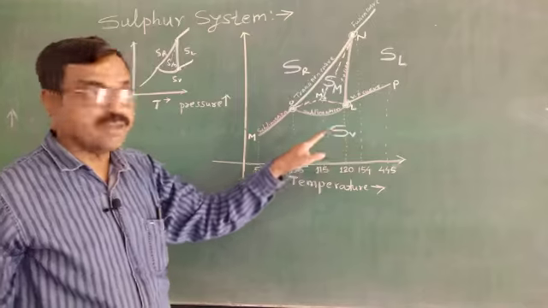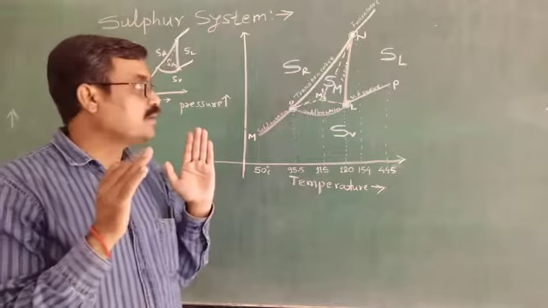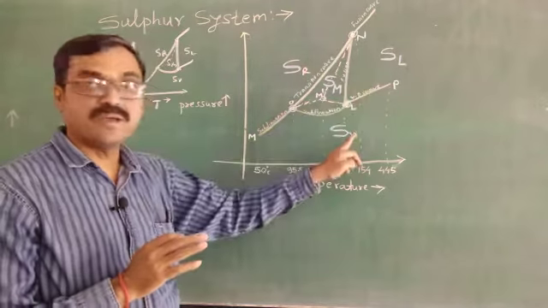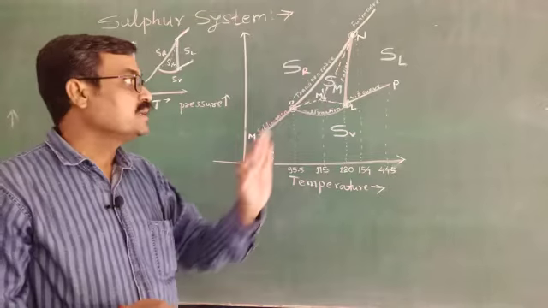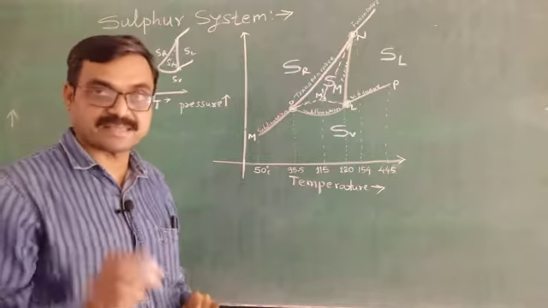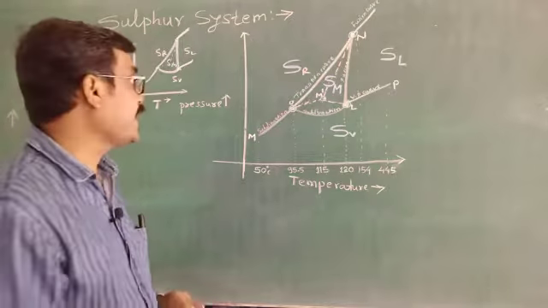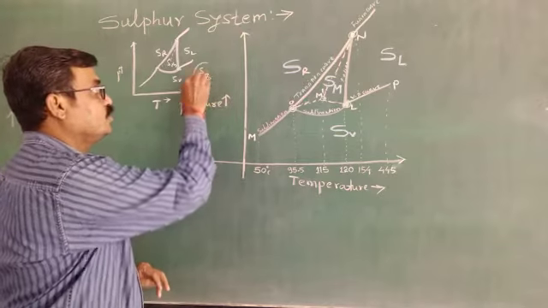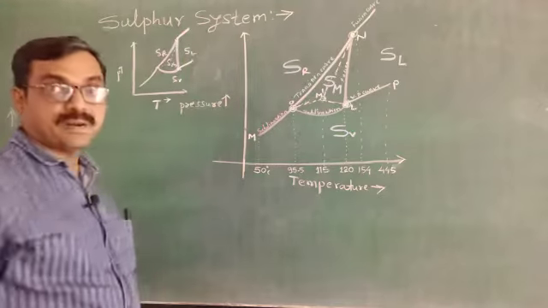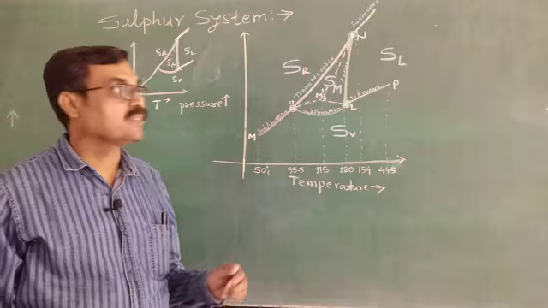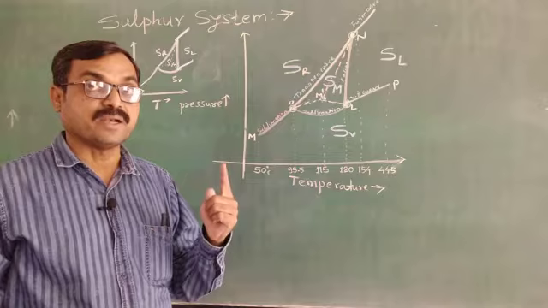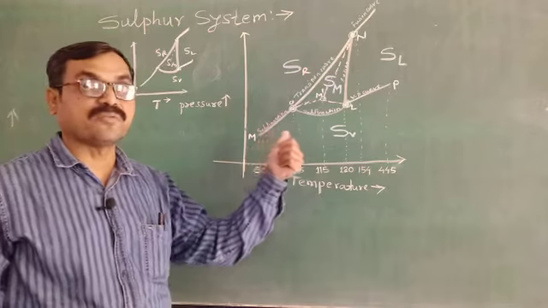Again, if we increase the temperature beyond 445 degrees Celsius, it will be converted into the vapor phase. Here sulfur exists as four phases: sulfur rhombic, monoclinic, liquid and vapor phase. The component, the chemical composition of sulfur, is S, and it exists as an S8 structure. Now this sulfur is a one component four phase system. Water was previously a one component three phase system. Here it is a one component four phase system.